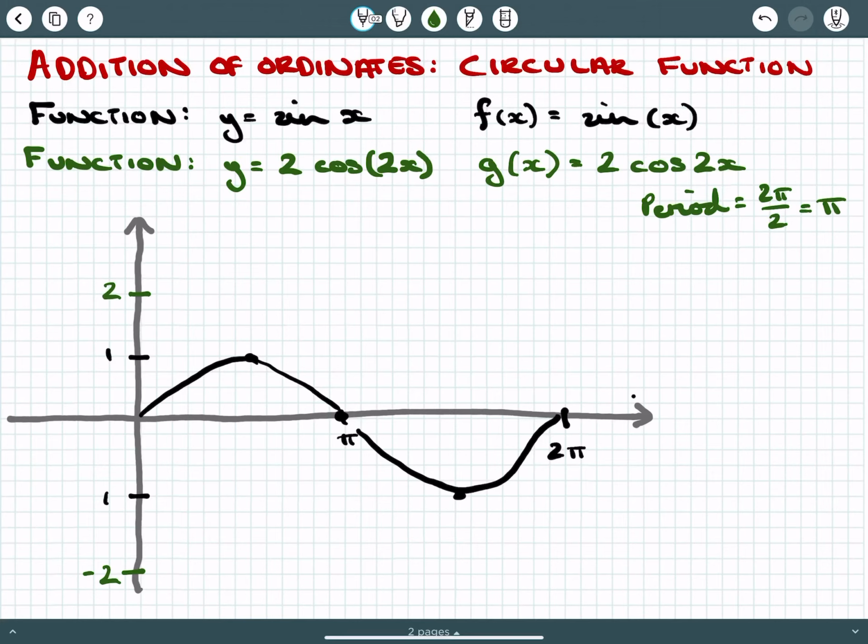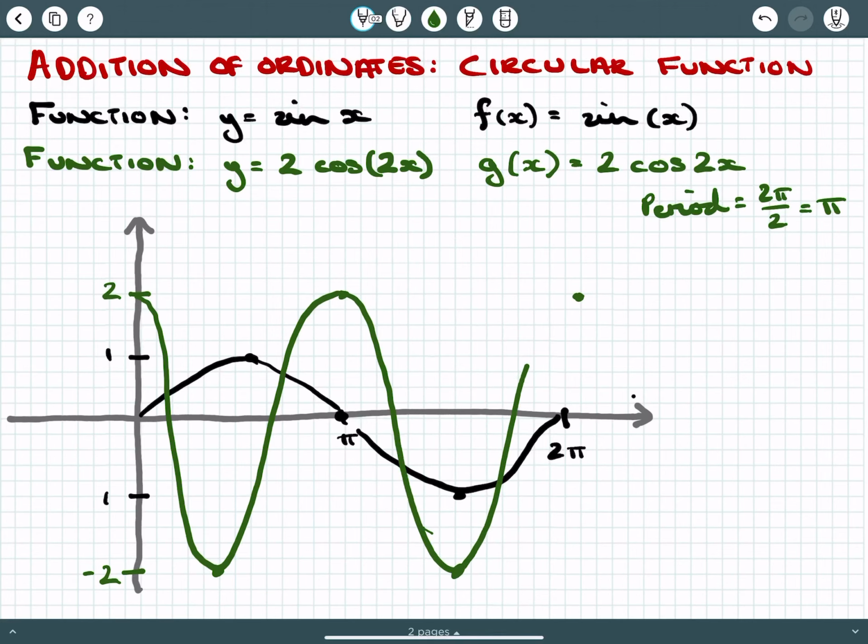So what that means is that my graph is looking like that, like so. And what I want to be able to do is zone in